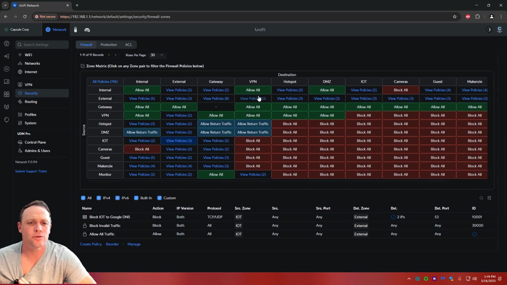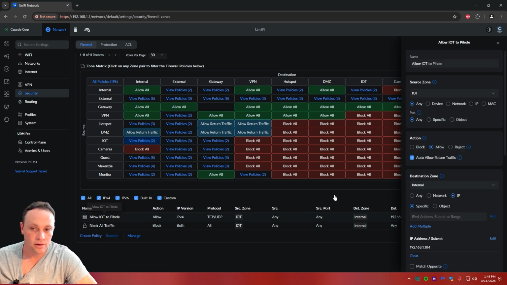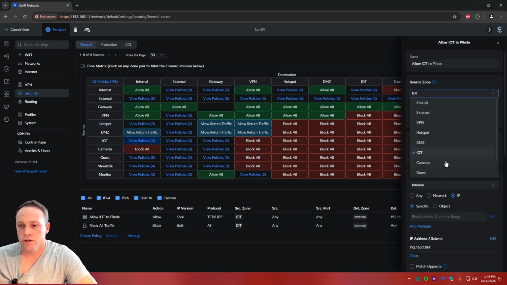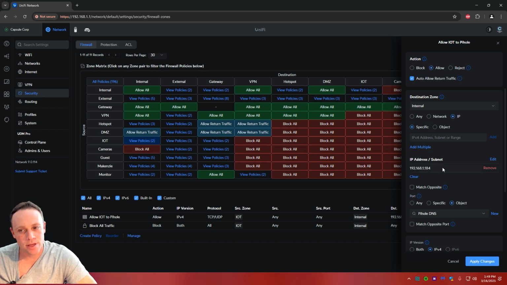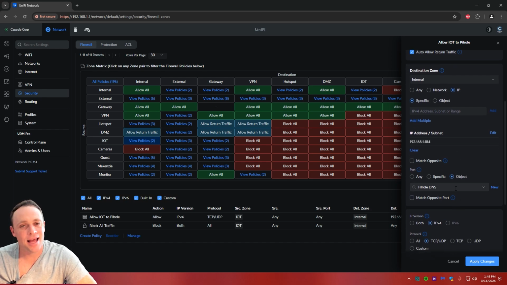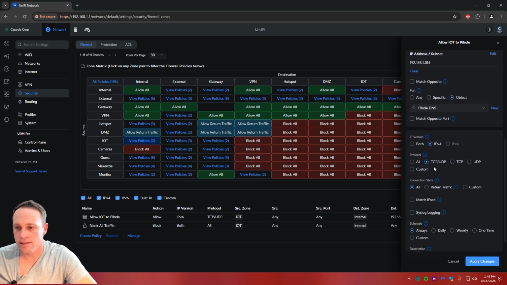So the next thing we're going to want to do is block our gateways. And like I said with the previous version, if you have a Pi-hole, do that same rule and just change the IoT to, let's see here, Pi-hole, where is the Pi-hole again? Just go here and change it to your cameras, and then your camera is the only difference. And you go any internal IPv4, allow return traffic, Pi-hole's IP address in here, the DNS, Pi-hole DNS, TCP UDP,